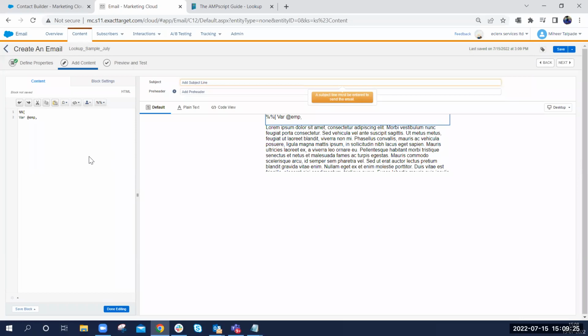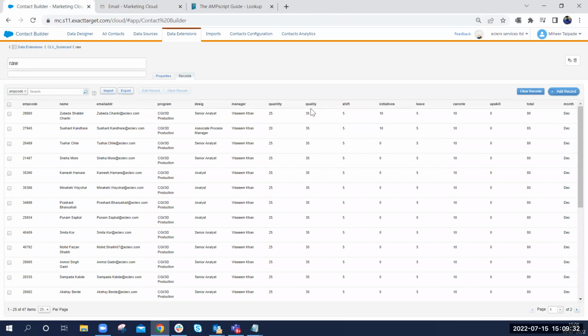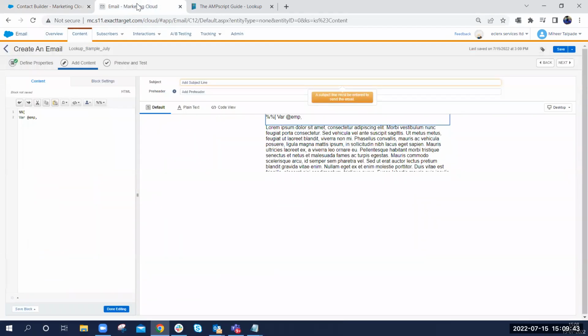After that, I want to display, let's say I want to display the quality score and the shift score. These two scores I want to display for each individual. So that means I need two more variables. So let's say @quality, @shift. So I can think of three variables right now. If we need more, we'll obviously add them. Set